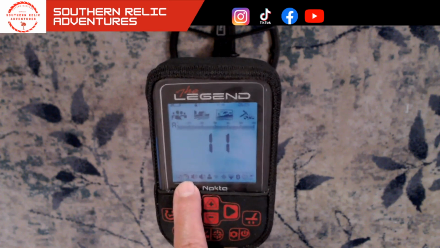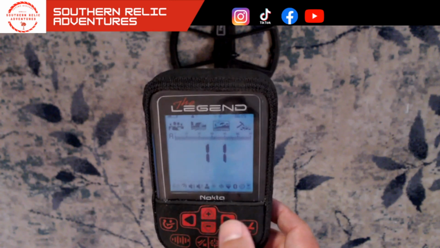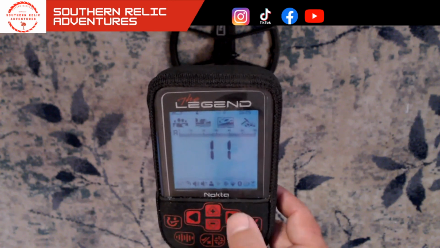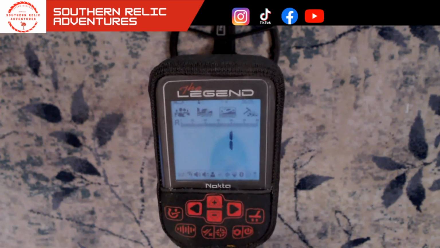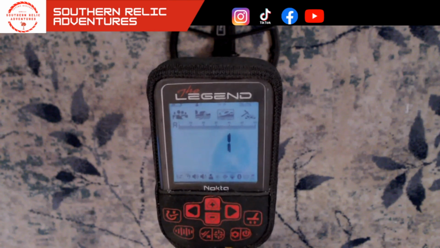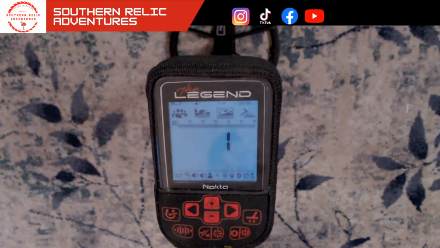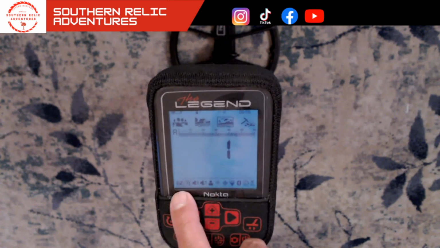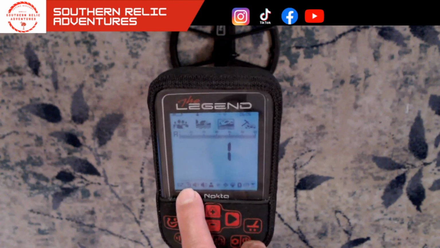Now we're going to want to go to this second icon. So you're going to use your arrows in order to go either to the left or to the right, and naturally we're going to the right. And that takes us over to recovery. We are now in recovery. And I believe that is a little speedometer on there. Y'all see it flashing, but there is recovery. It is the second icon over from your noise cancel. So there's recovery. It is flashing.